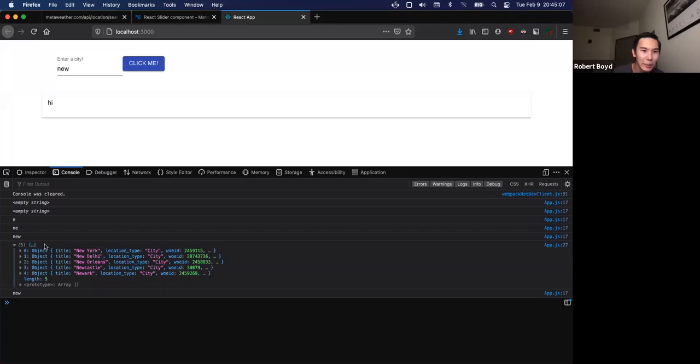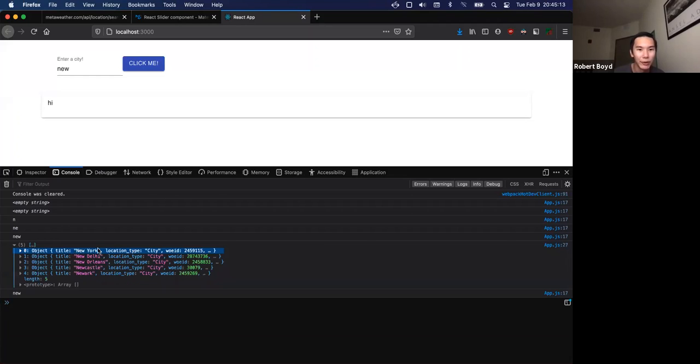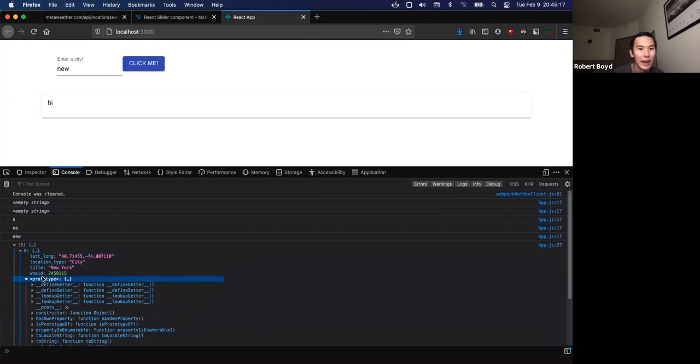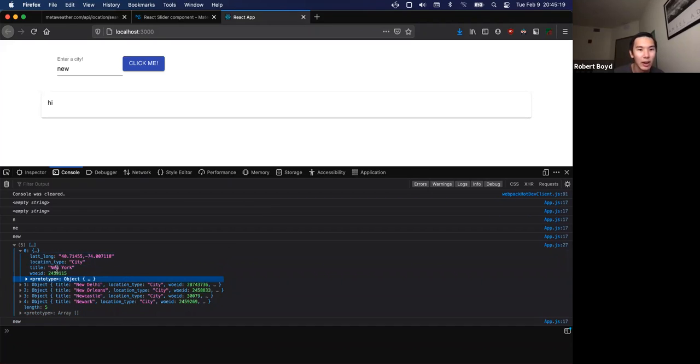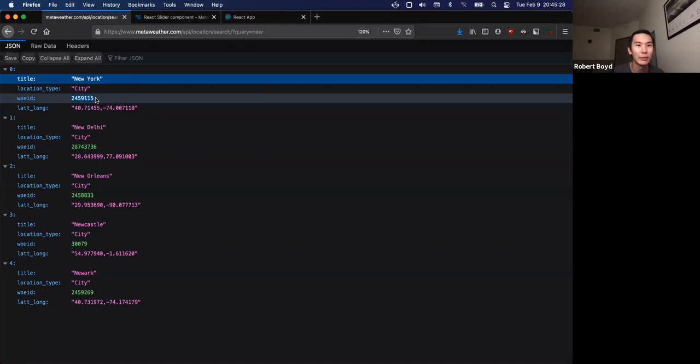So from the API, we get back this array of one or more things, or maybe zero. And our first item is going to have a city name, and it's going to have our where on earth ID. The where on earth ID is the important part. That's what we can use to hit the API again. So like, let's take New York, right? If we use this,